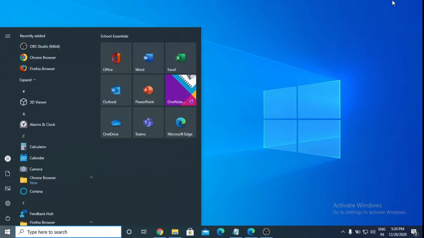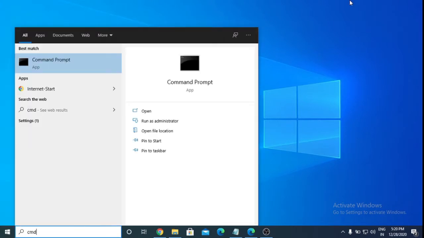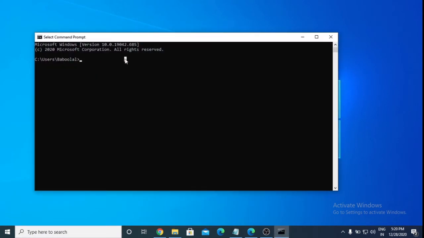First I am going here and type CMD. Click the command prompt. The first command is time. So write time and press enter. You can see here the time.